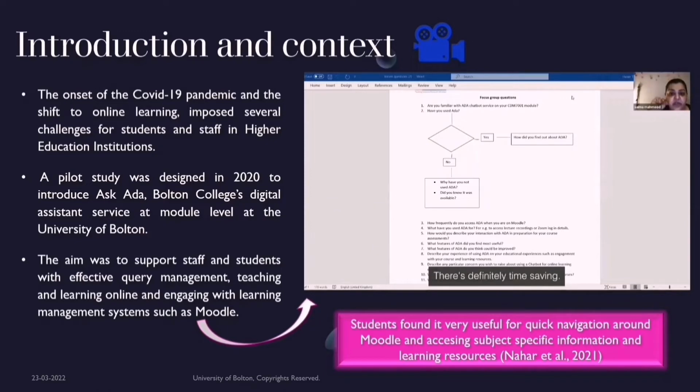There's definitely time saving. So the searching element of it has been a positive impact on my learning because the information is just there rather than having to search through Moodle. And I depend on Moodle quite a bit. I'll be on it sometimes even 3-4 times a day. So in that sense, for me, it's been time saving and effective towards my learning.